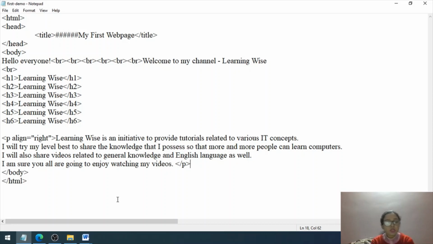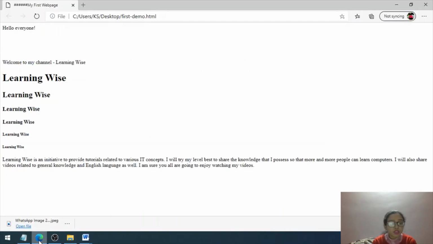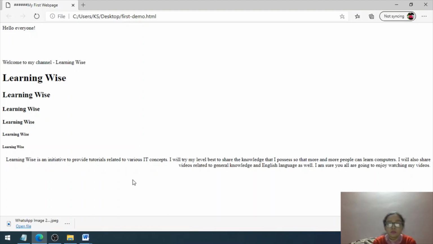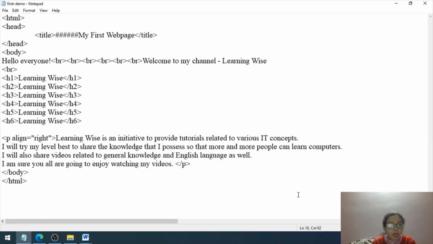Now save this, go to the web page, and see, right now this paragraph is towards the left hand side. Now it is going to come towards the right side when I press F5. As you can see, it has come towards the right hand side. Now let us come back to our notepad file, and this time let us try to change its alignment to center.